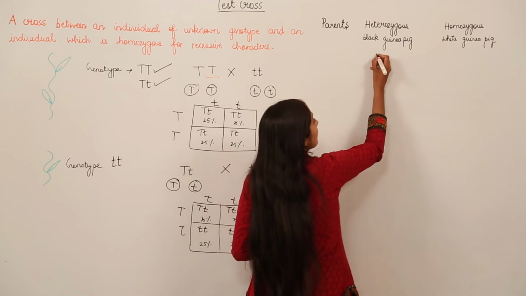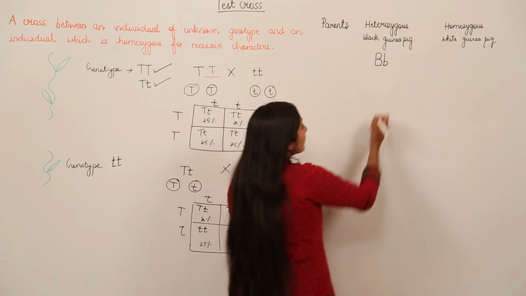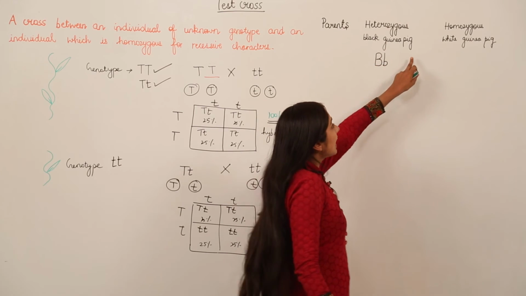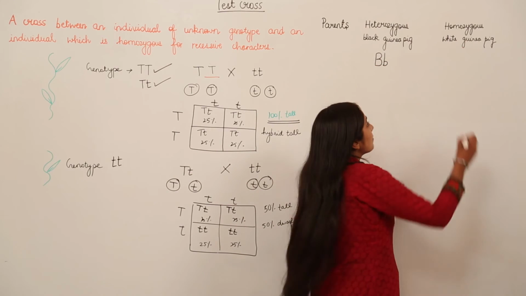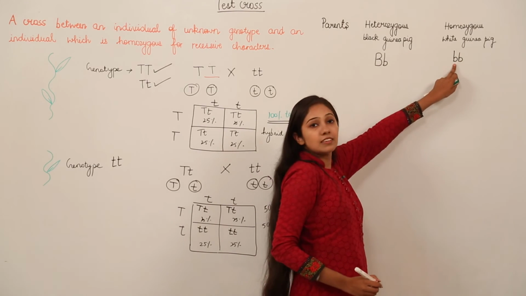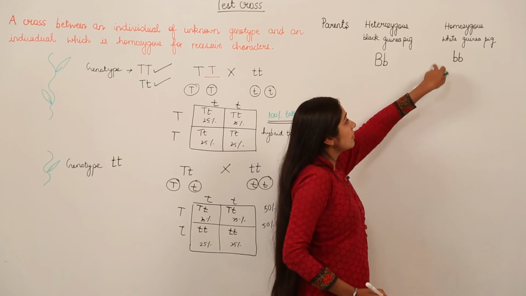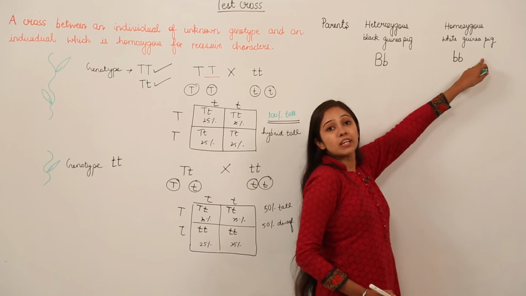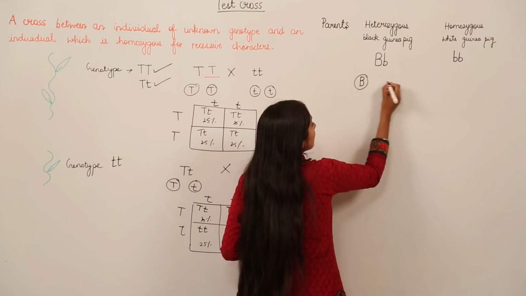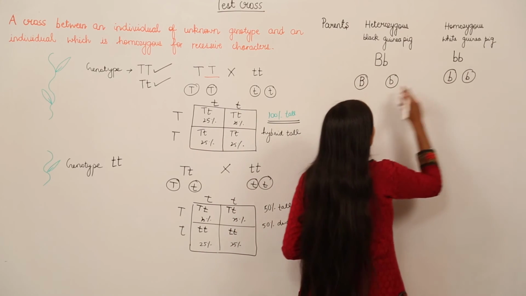Heterozygous means one uppercase letter and one lowercase letter. This is going to encode for the heterozygous black guinea pig, Bb. Okay. Next, homozygous white guinea pig means this is definitely going to be the recessive character, and this is homozygous. So both are lowercase letter b, bb. Okay. Why? Because we have a homozygous white guinea pig. So let us work on the gametes. You will have a combination like this, and from here we will have gametes like this. So these are the gametes.